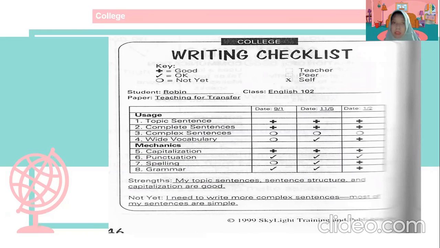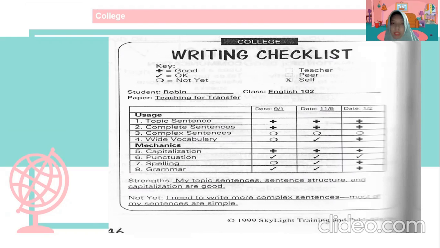The student name is Robin, the paper is teaching for transfer, and he takes English class, for example, English class 1 of 2. After Robin finished writing the checklist, as usual, he put his strength and his weakness at the bottom.